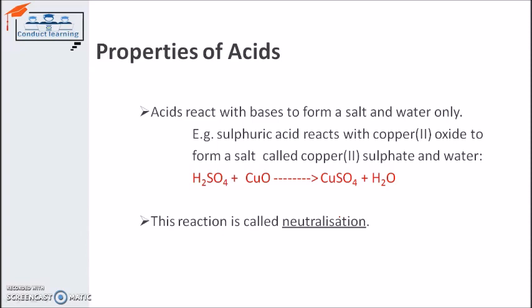Another property of acid is that when we mix acid with bases, it produces salt and water. You can simply see it in the activity. If we take sulfuric acid, H2SO4, and copper oxide, it will give us copper sulfate and water. The copper sulfate produced by this reaction is a salt itself, and the other product is water. So when acid and bases react with each other, they produce salt and water. This reaction is also known as neutralization.